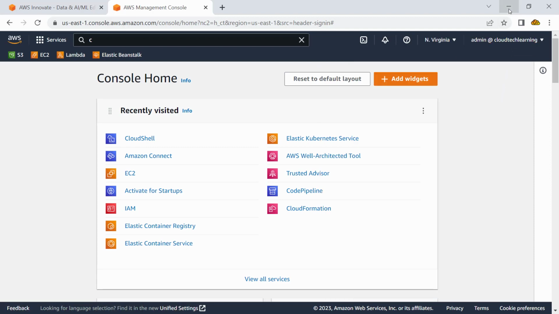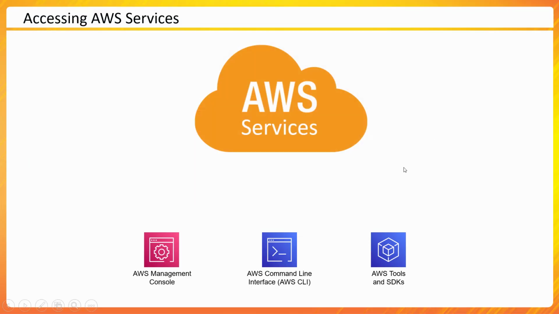Now, these are like more of a person or an individual administrator or developer doing something. What if I want my programs or applications to interact with AWS? I have written code in Java, and that code should interact with AWS services and then perform something. And for that, I would need something called tools and SDK. These tools and SDK stand for Software Development Kit. These are for common languages: Java, .NET, PHP, Python. So you could write code in that language, which is Python, Java, .NET, whatever you prefer, and that language code can then interact with AWS services.